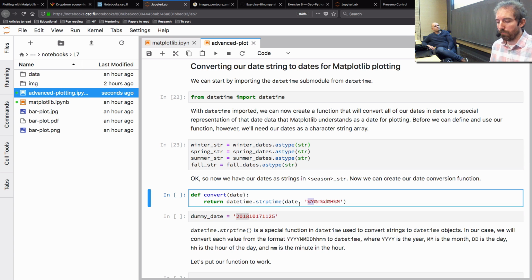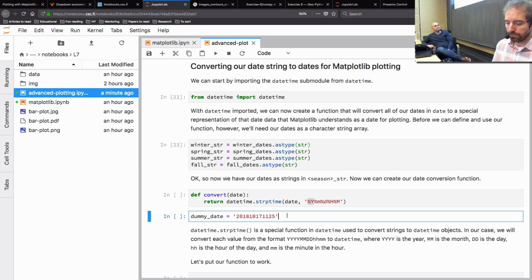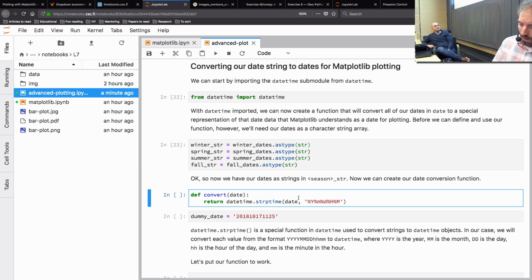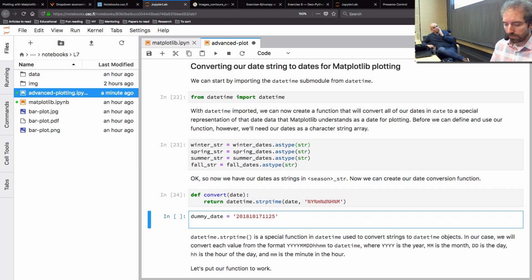If we want to convert our date to a datetime object, we have to tell it what is the format of the date in the input string that we're going to convert. So I'm going to run the cell up here to define this convert function. I've got dummy date here, and if I do a convert of dummy date